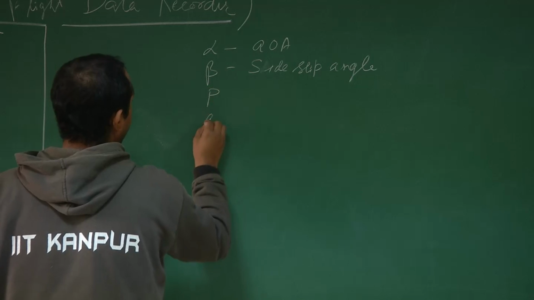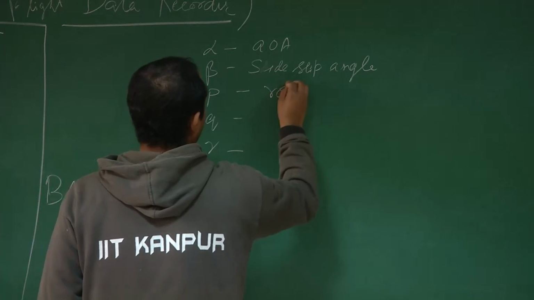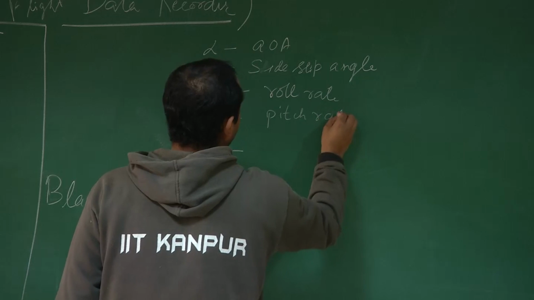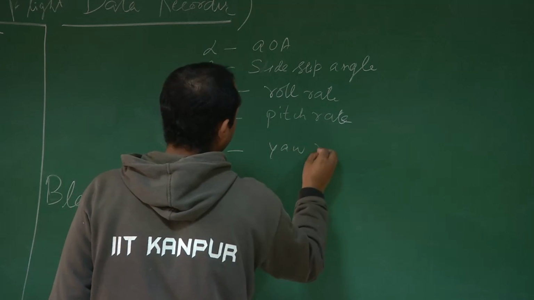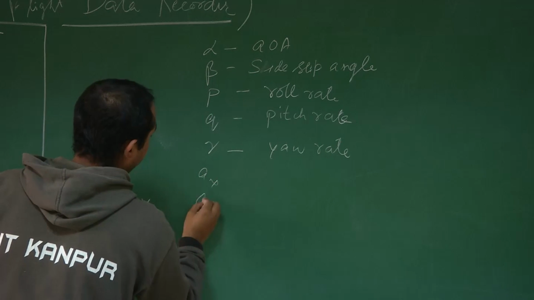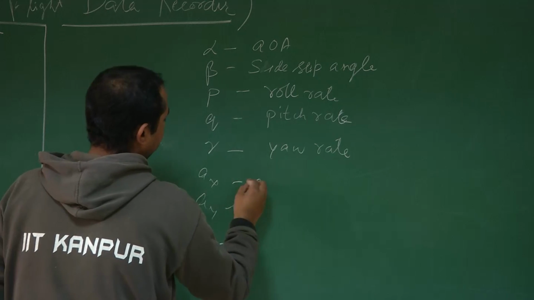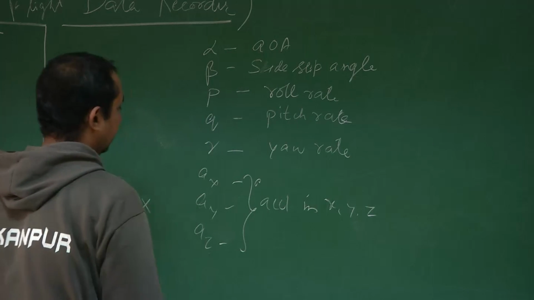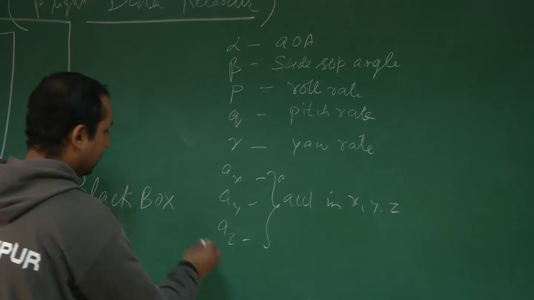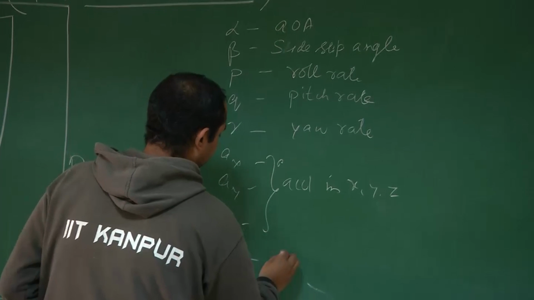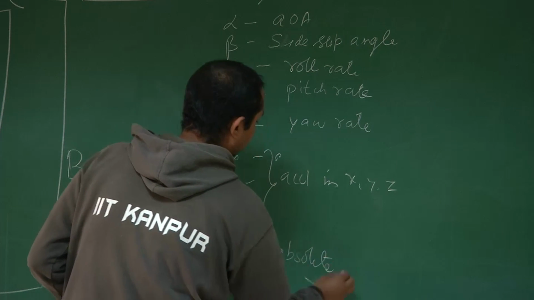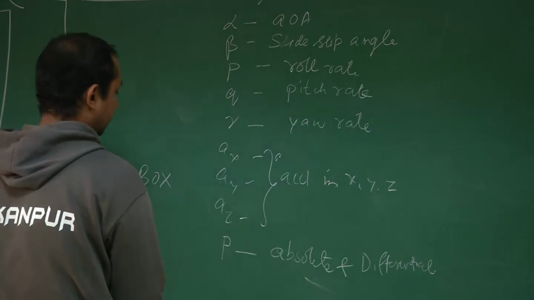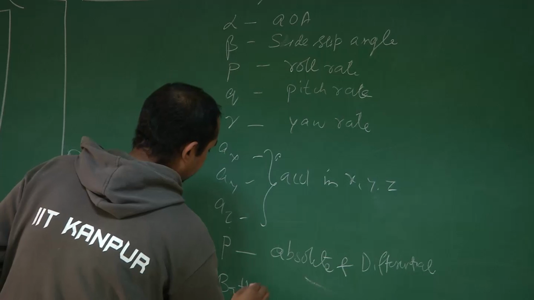your PQR, that is roll rate, pitch rate, yaw rate, AX, AY, AZ, that is acceleration in the X, Y, Z axes, plus you have a measurement of pressure, your absolute and differential pressure, your battery voltage,